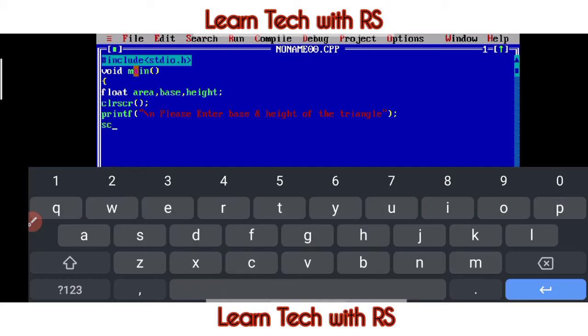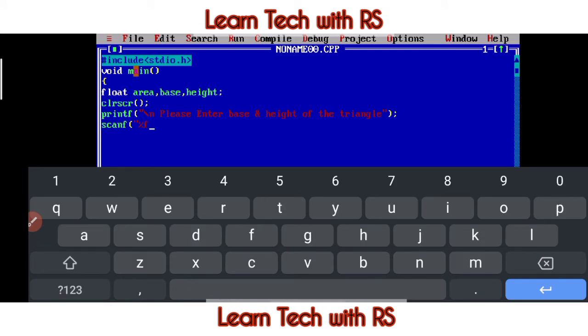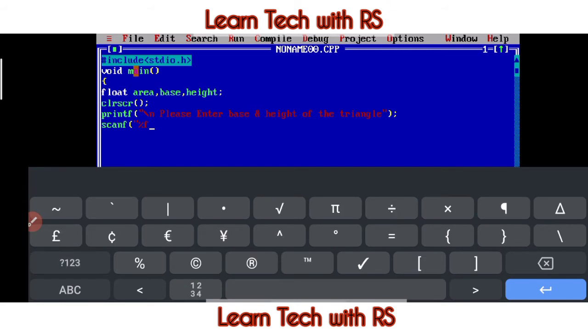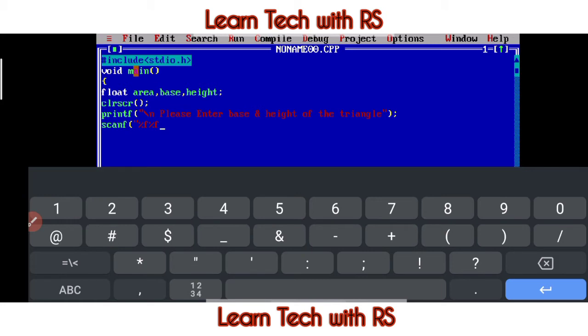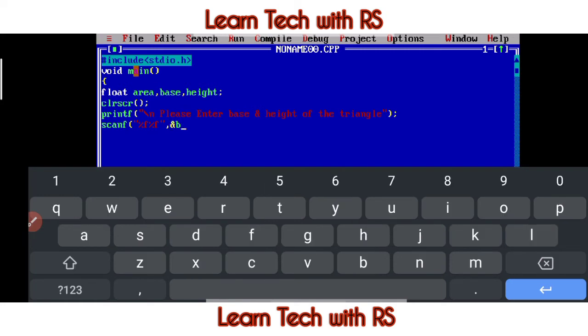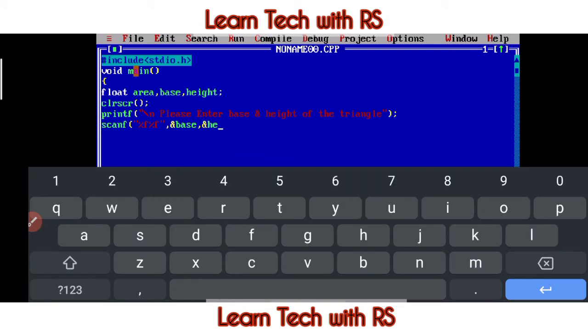then the program has to scan whether we have those float values. So scanf function, bracket open, in this inverted comma, then put a percentage symbol and f for float. So this is just a way to represent it. You have to learn that, because this is how the syntax is being built. Okay, then comma, then we want to put two different words, that is what we want for base and we want for height only, right?